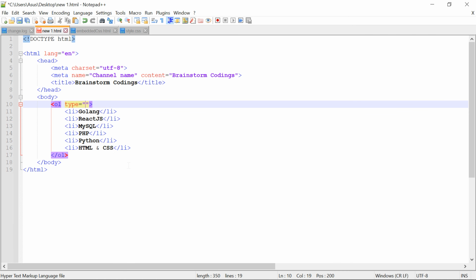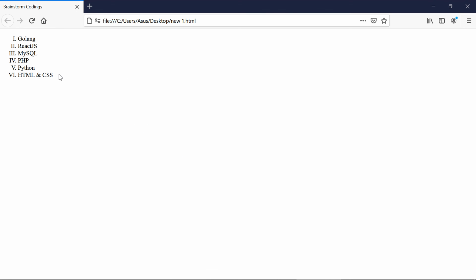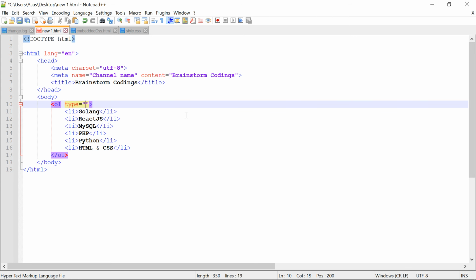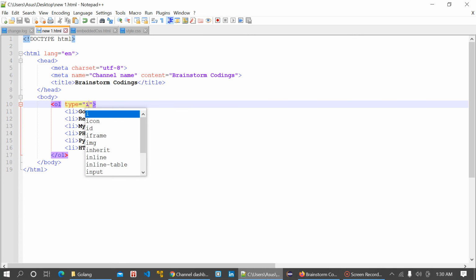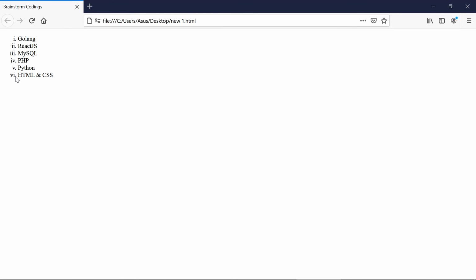But if I use the uppercase letter I and save this file and refresh the page, we have the uppercase Roman numerals for numbering all the list items. If I use the lowercase letter i, then we have the lowercase Roman numerals.